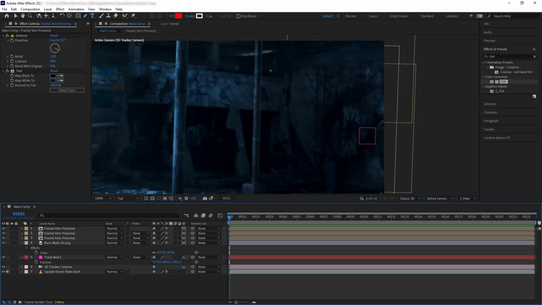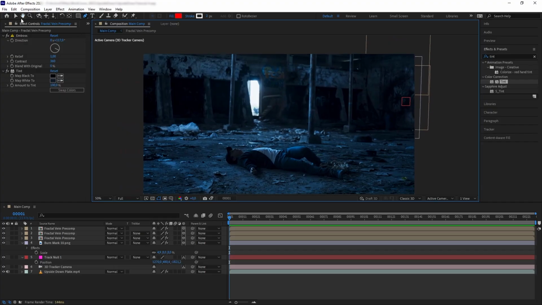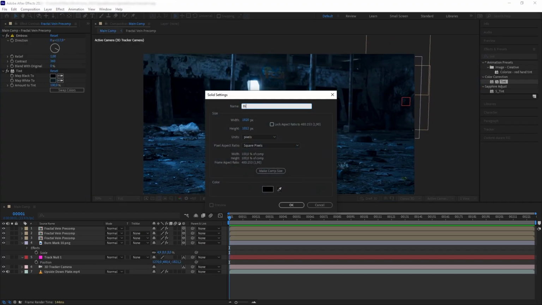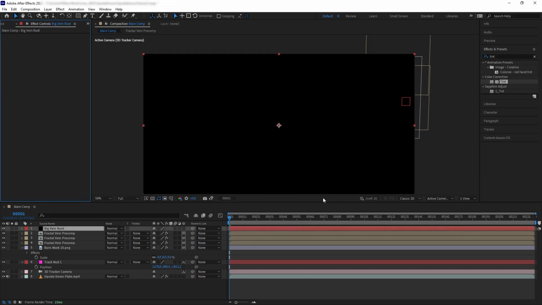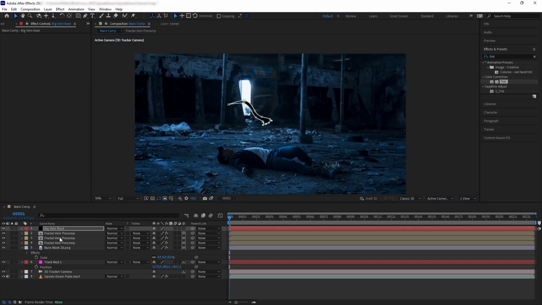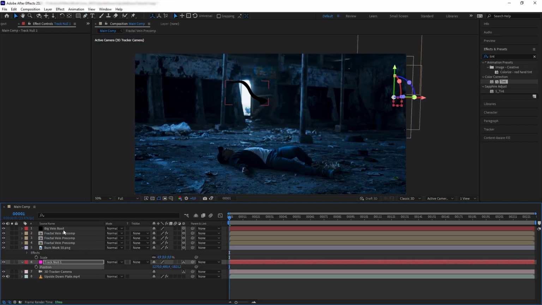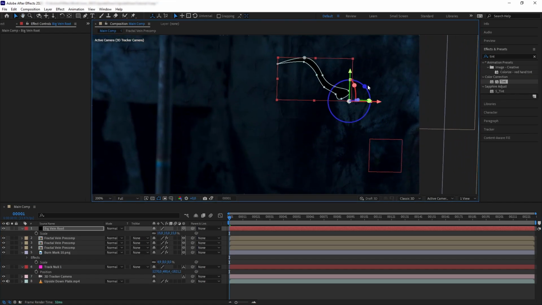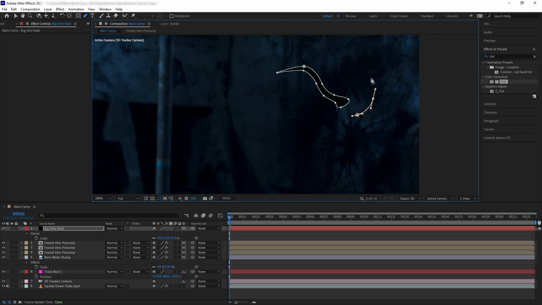Next, I want to add the bigger vein root coming out of the portal. So let's create a black solid and let's name it Big Veins. And then what I want to do is to draw a root-like shape on the solid here. And then let's turn this into 3D again and position it in the same place as the other elements. So now we have this big vein root coming out. And if we want to add another, we can just draw another one next to it here.